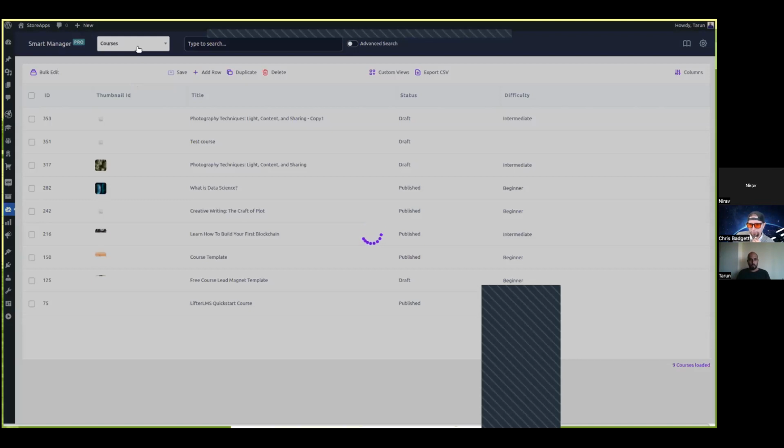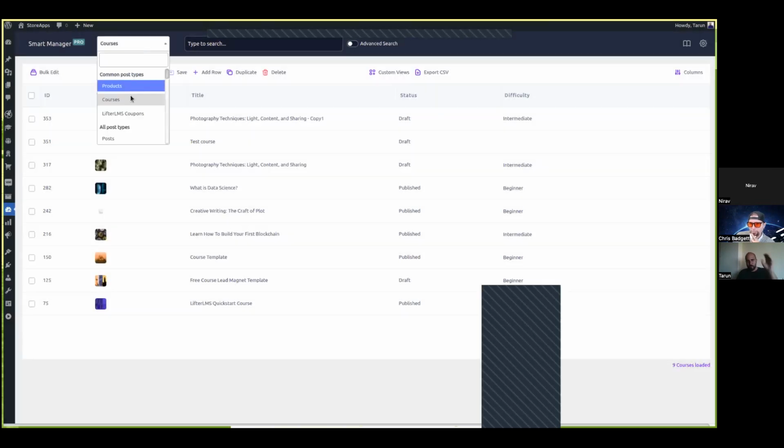Now, if you would have seen, once I'm traversing between different dashboards, it also automatically calculates and keeps in mind, okay, these were your recent post types that you have visited. So you don't have to scroll every time or search every time. If I'm switching between coupons, orders, or products, it will make a handy list of the last 3 visited dashboards. Similarly, it will also do that with the views once you have visited any one of the views.